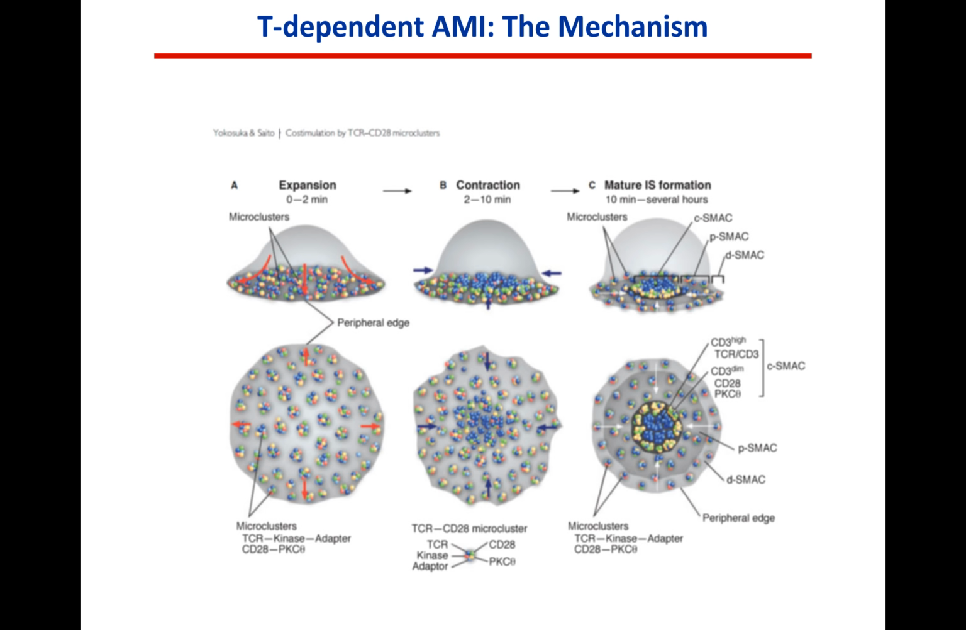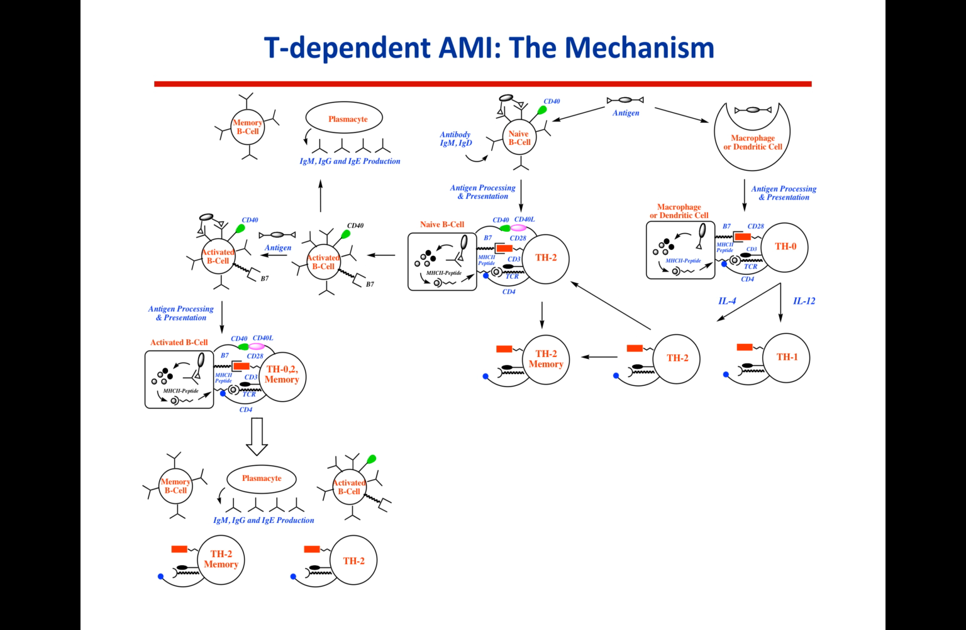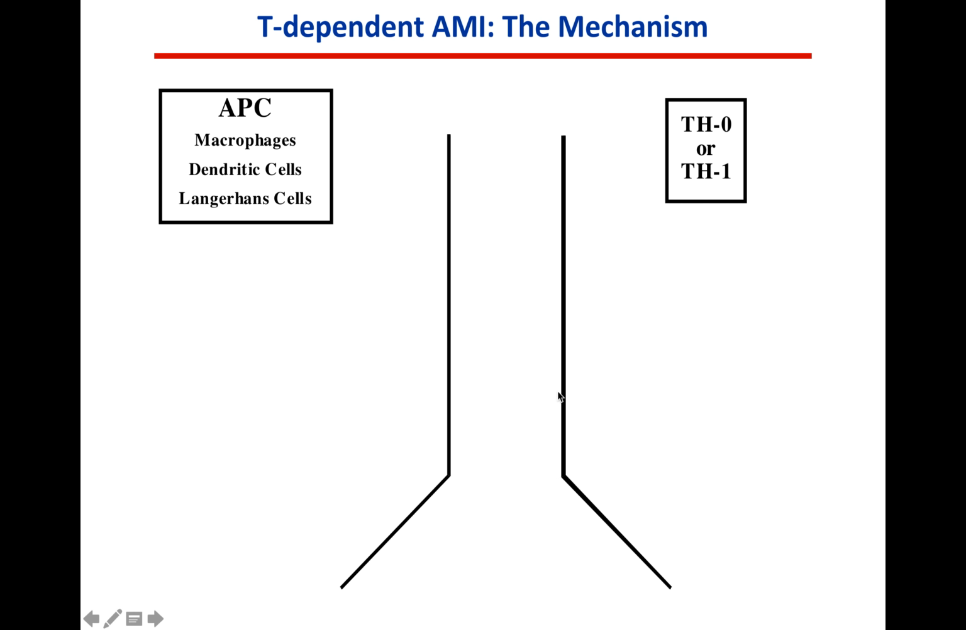Okay, for the last section of our discussion on AMI, we're going to look at how the cells actually interact with one another, and then how those interactions influence what's going on in the cellular response. Now, when we looked at this before, if you recall, we looked at an interaction between a T cell